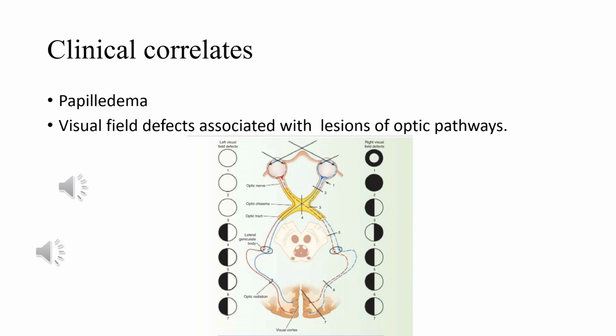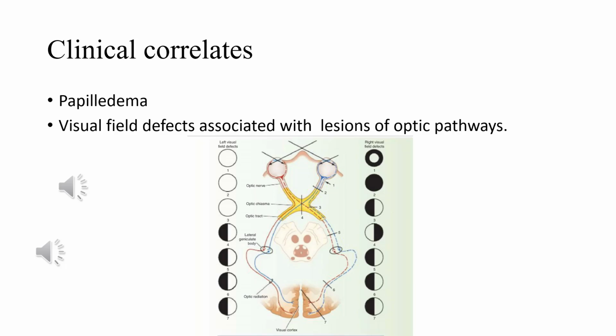Then the third level is at the periphery of the optic chiasma. If the lesion is at the level of the right side of the optic chiasma at the periphery, then what will it affect? It will affect only those fibers which are shown in blue dotted lines. These fibers are basically carrying the nasal field of vision of the same eye. So only in the third area,